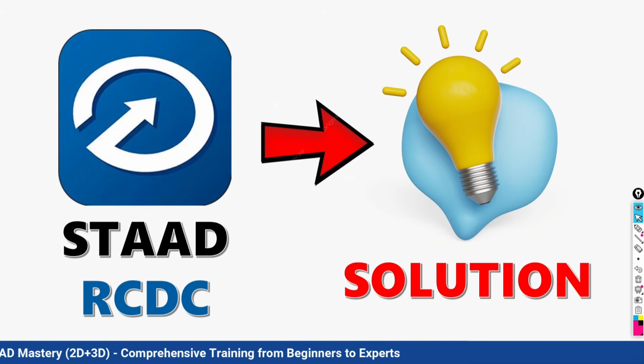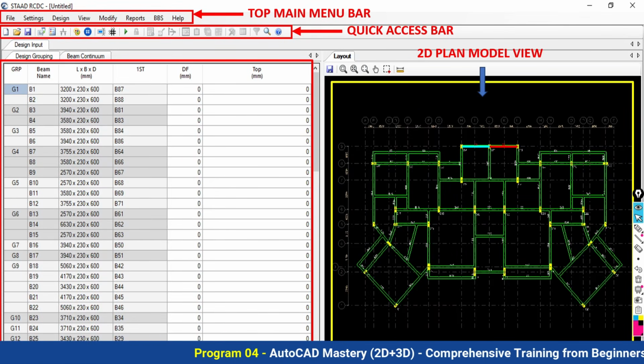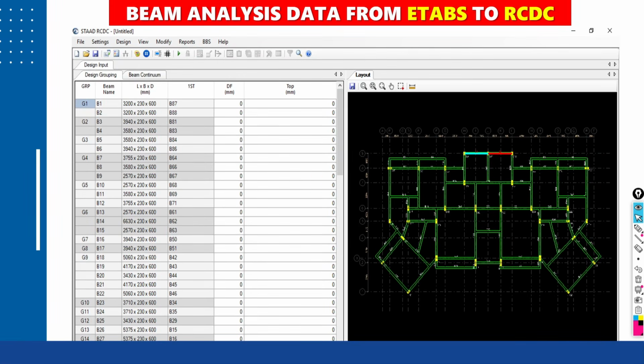This is a very powerful and smart tool for preparing your schedule and detail in a few seconds, in a few minutes. Similar to your ETABS software, as we have learned, it's basic, it's smart, it's advanced. Likewise, we are also going to understand and discuss in detail this RCDC software from its beginning, from its introduction, from its history, from its user interface, from its application, and thereafter we are going to complete the project for the beam design.